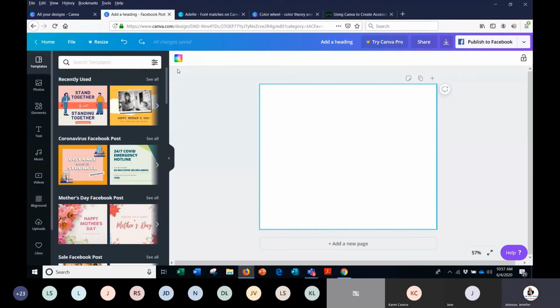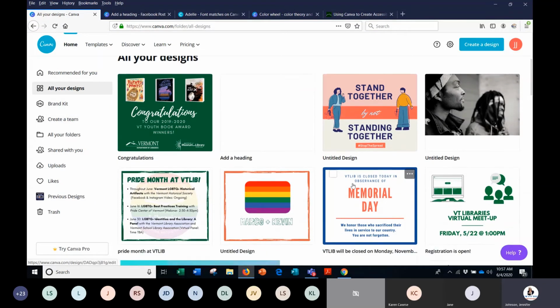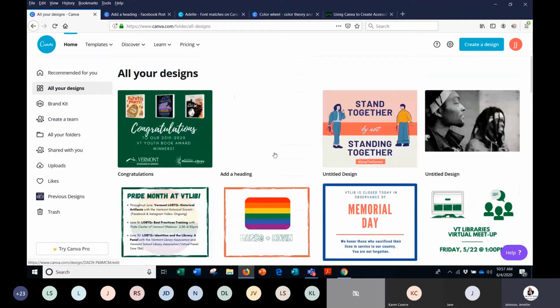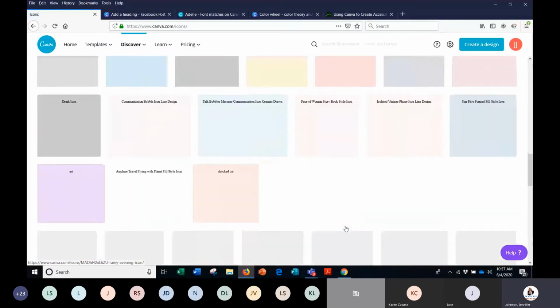All right, so I'm going to go back to the chat quickly. Meg asks, what is that tool? Was that the font combination tool? I did link to that in the handout, but another place you can find that is if you click on one of these. I'm going to do Discover. There we go. And then if you scroll down to the bottom,